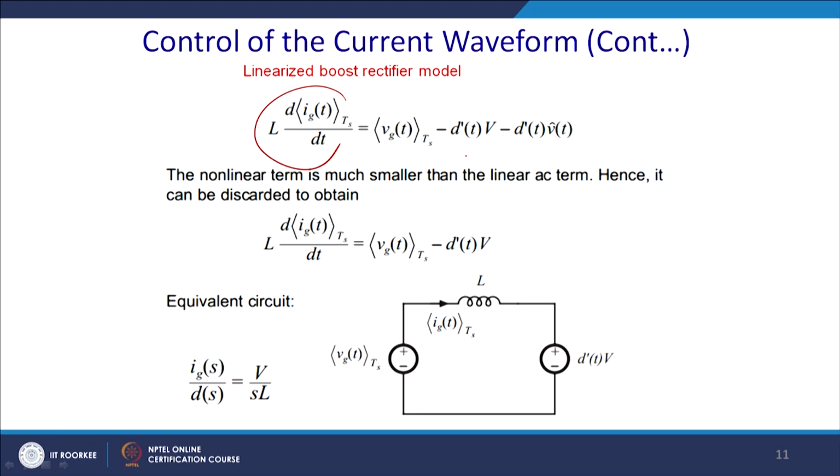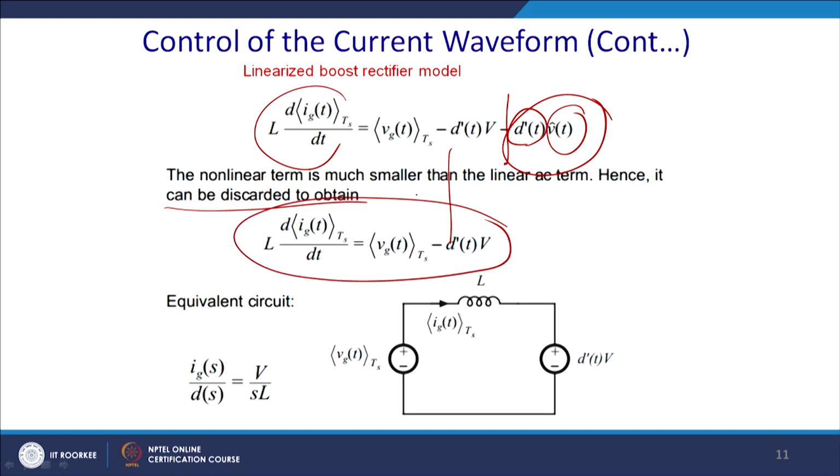The term is much smaller than the linear AC term, hence it can be discarded. This is because it is a variation of D and a variation of delta V. This quantity is also small and this quantity is also small. Thus we can neglect these smaller quantities, and ultimately the equation comes out to be this,